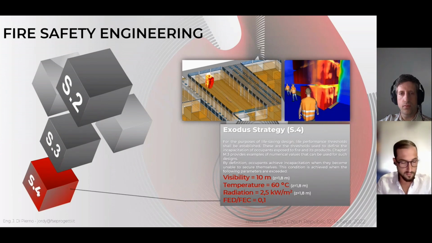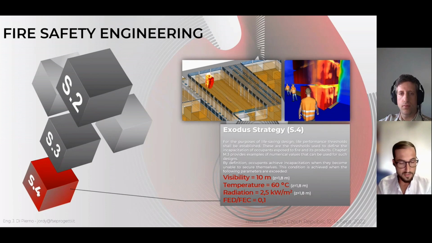S4 Exodus. For the Exodus situation, the M3 chapter of the DM 3 August 2015 defines 4 different thresholds to be verified in order to avoid the incapability of the occupant to reach a safe place independently. These 4 thresholds are visibility 10 meters at Z, 1.8 meters from ground, temperature 16 Celsius degree at Z,